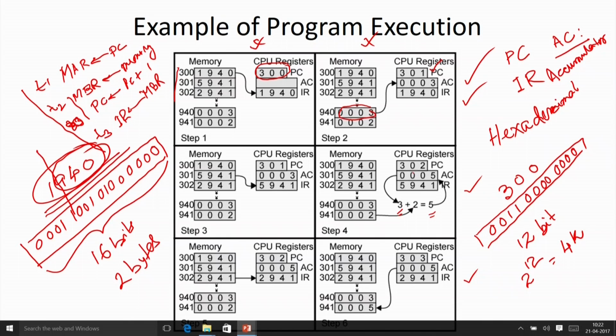The program counter is having 3002, that means we have to fetch the instruction from 3002. We are fetching it, we are getting 2941. So, this is the contents of my instruction register. After fetching, we will go to the execution phase. What is the contents of PC now? It is 3003. We are updating the value of the program counter so that the next instruction can be fetched